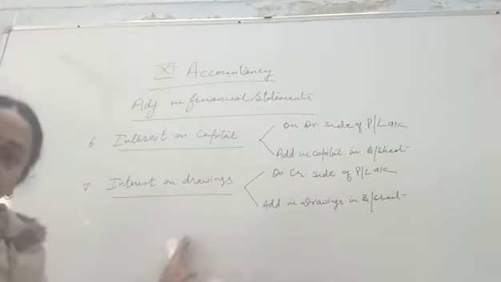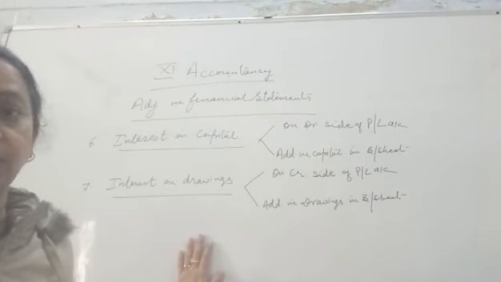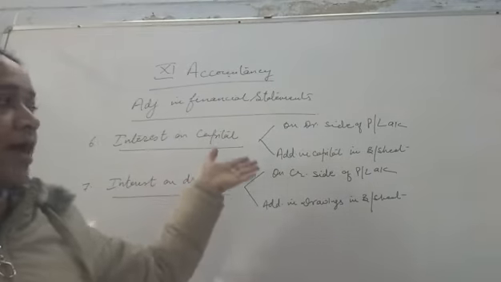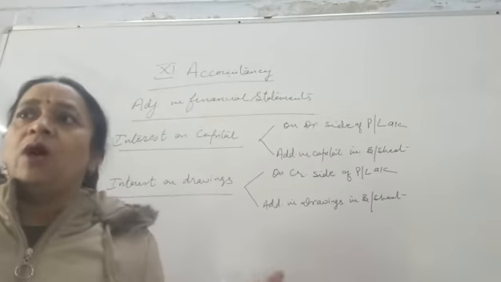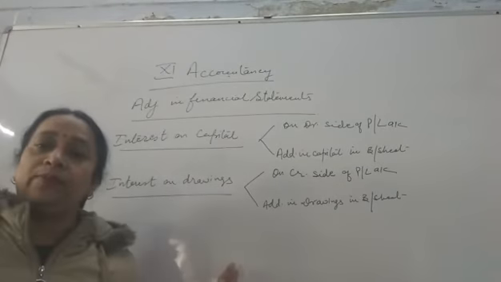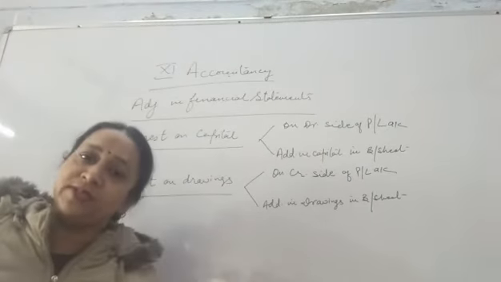Almost we have completed 50% of the adjustments till now. And all these were very simple. No doubt, simply at one place you have to plus or minus, and at the other place you have to show it either on the liability side of the balance sheet or the asset side.